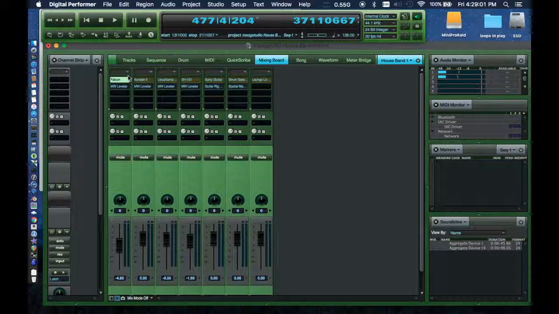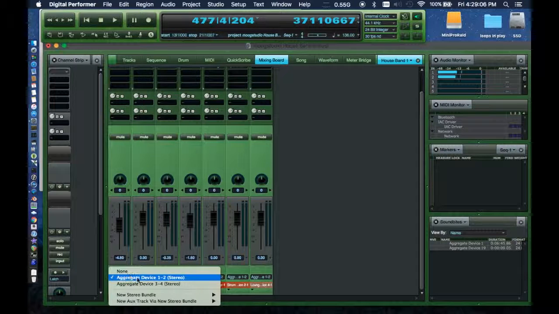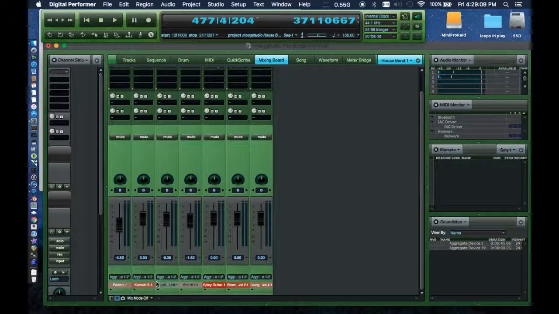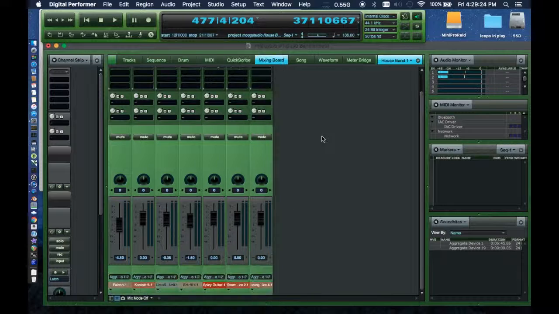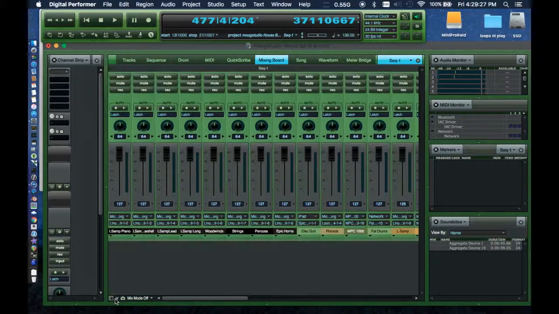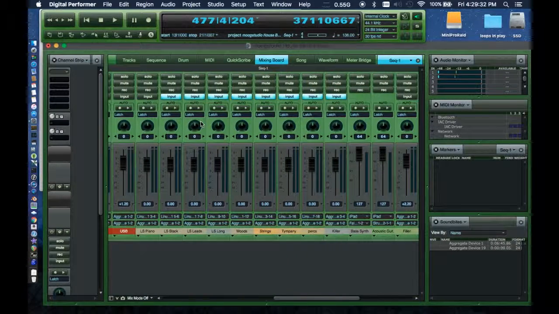So in the virtual instruments, they'll feed, in this particular case, to the aggregate device, which is the left and right. But if we were recording, the individual instrument itself can either go through that, or you can set up a separate one. You can put it through a bus, and then the audio, which is recorded over here, and here we have it, so you can input it. You can take it in either through the bus,